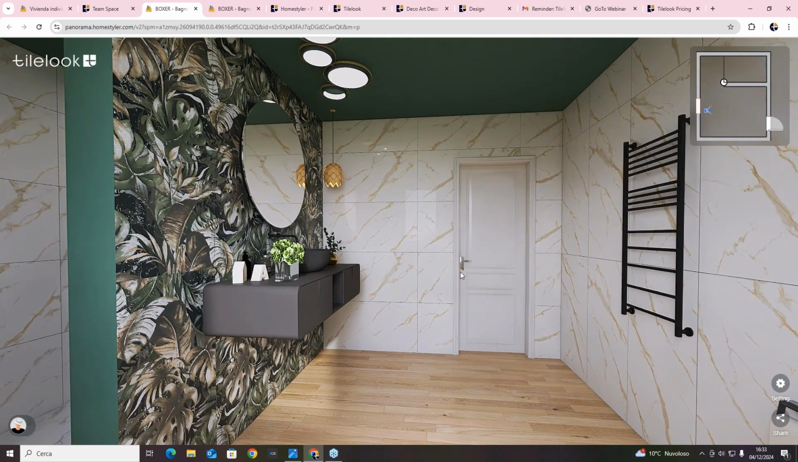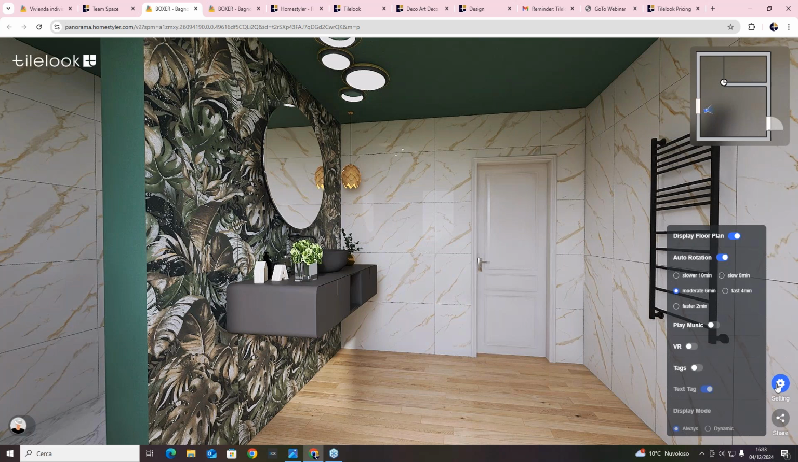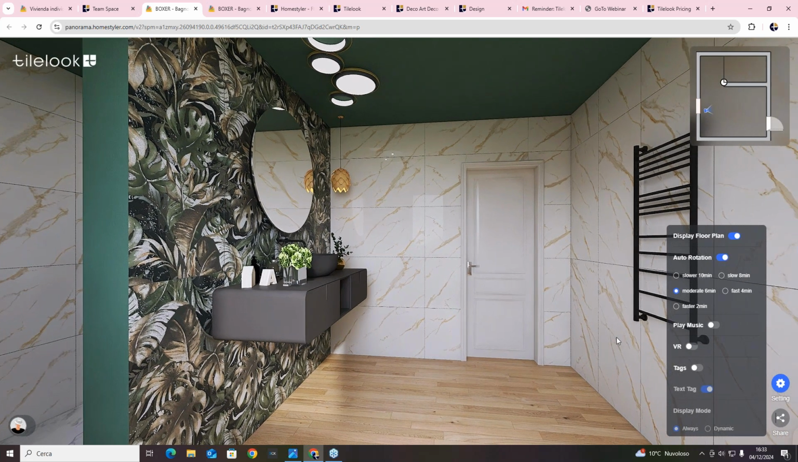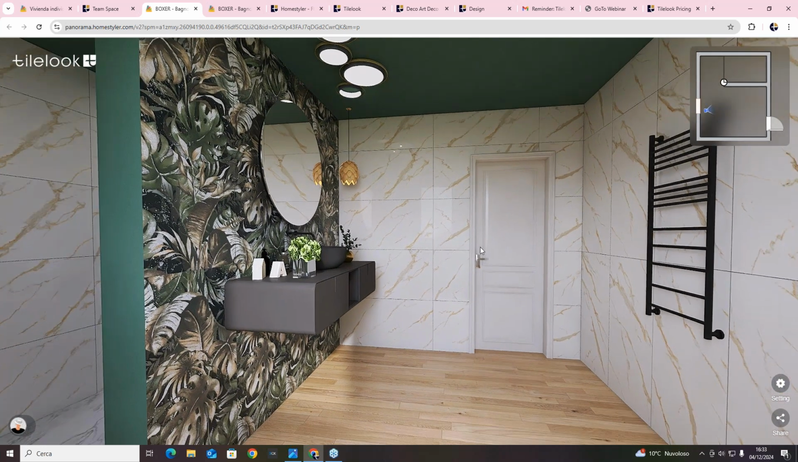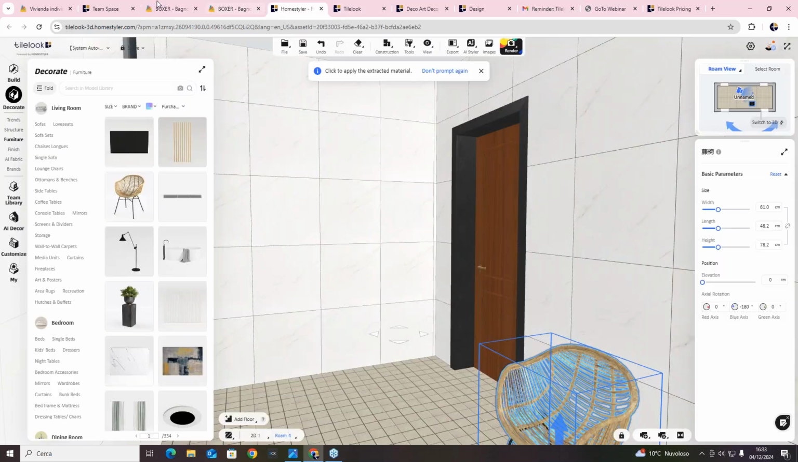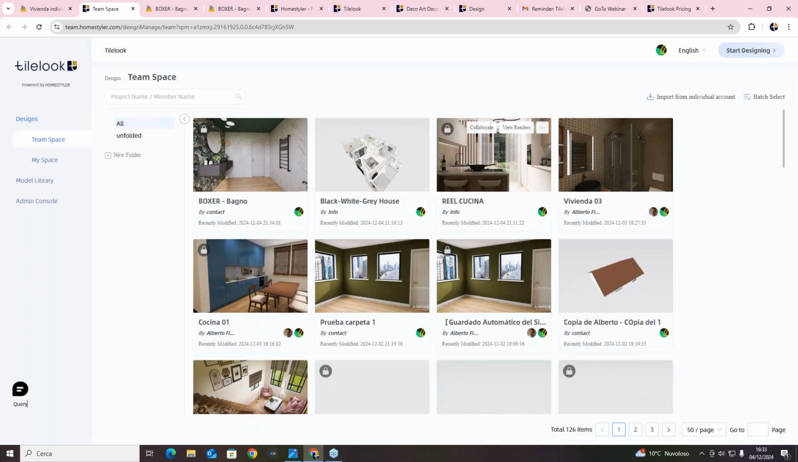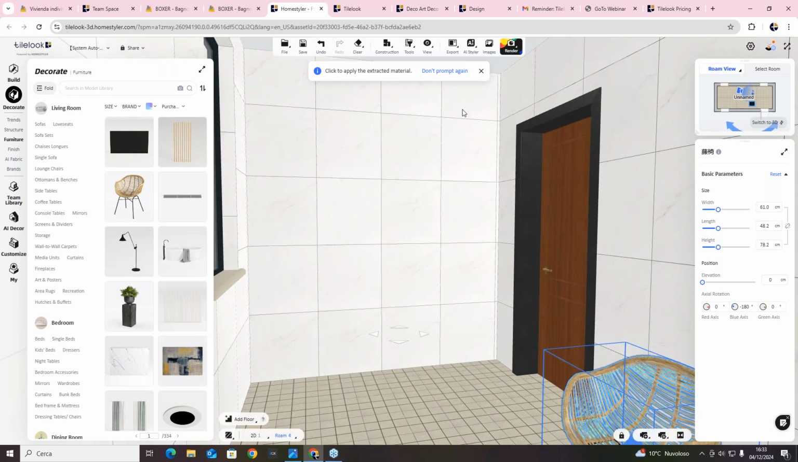There is also the option for the VR. Once you send a finished project to a customer, there is an option here that allows you to use the VR functionalities, so the screen will be split in two. So let's go back to the team space. I just want to show you another typology of project. But before doing that, I just want to let you know that you have all these kinds of